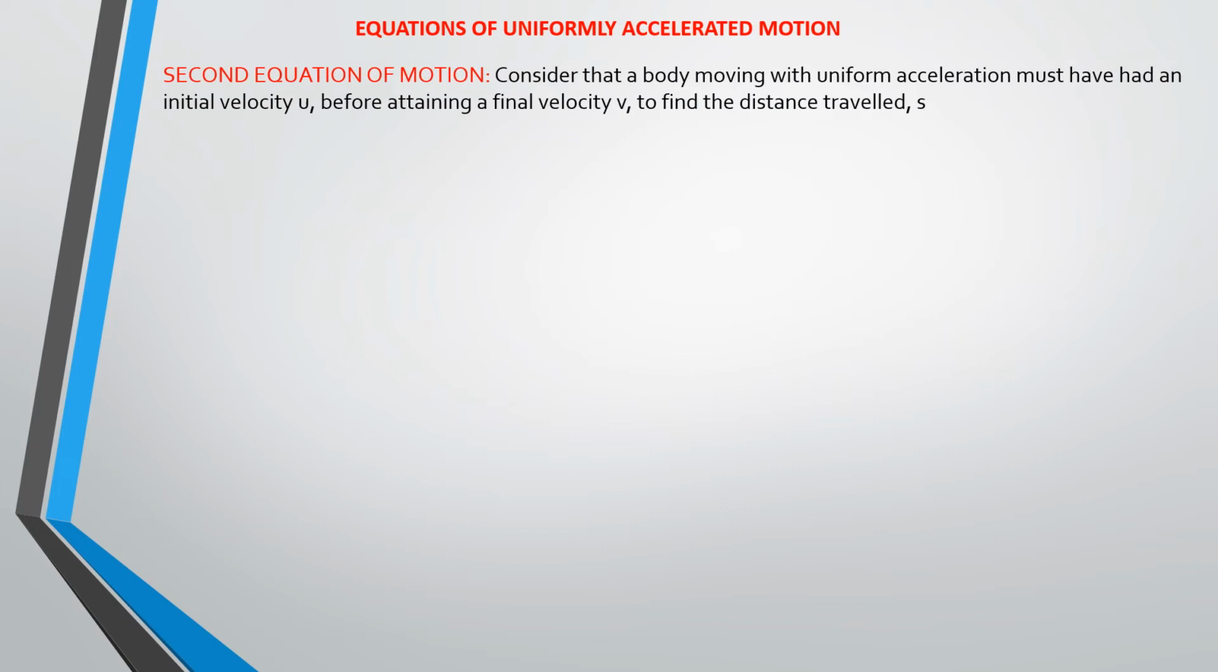Okay, so equations of motion. For this particular class, we're looking at the second and third equations of motion. So consider that a body moving with uniform acceleration must have had an initial velocity u before attaining a final velocity v. So to find the distance traveled by this body,